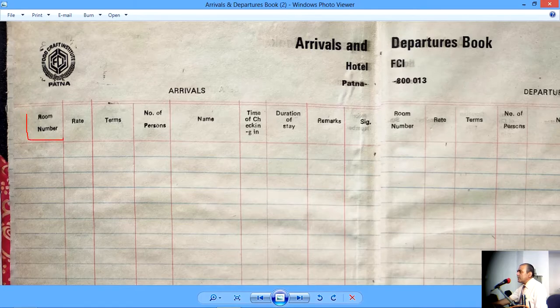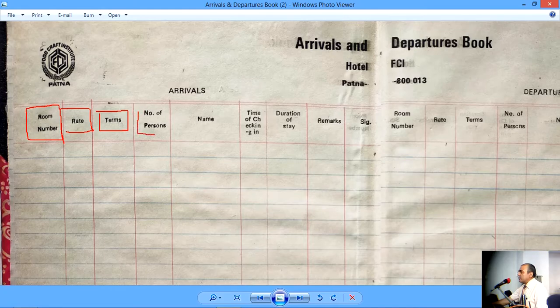Room number is the room which is assigned to the new arrival. Rate is of course the room rate, the tariff for that particular room which has been assigned. Terms and conditions includes issues like taxation and service charge, package amount, discounts, all these things would be part of terms. Meal plans would also be included under terms.